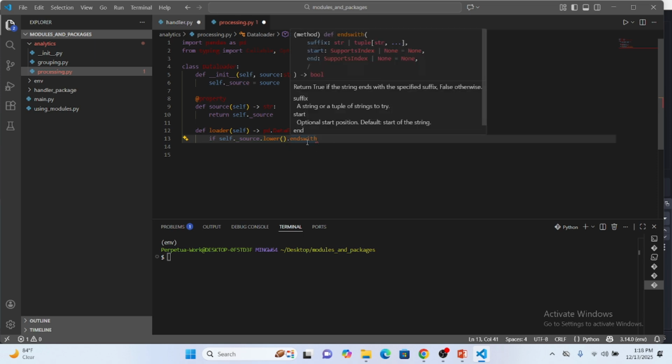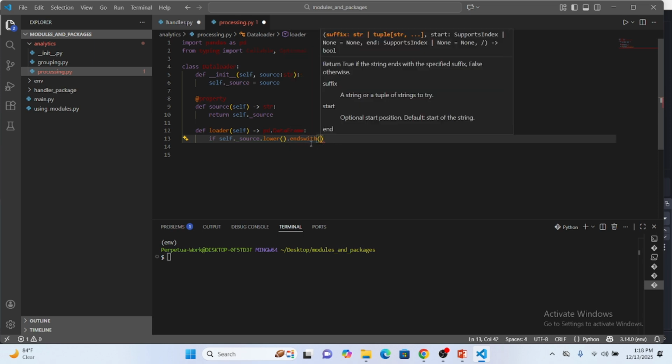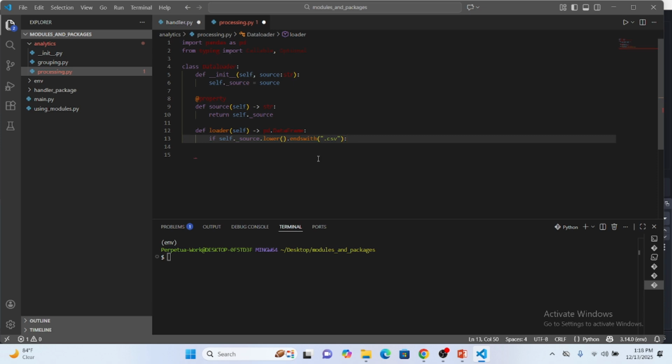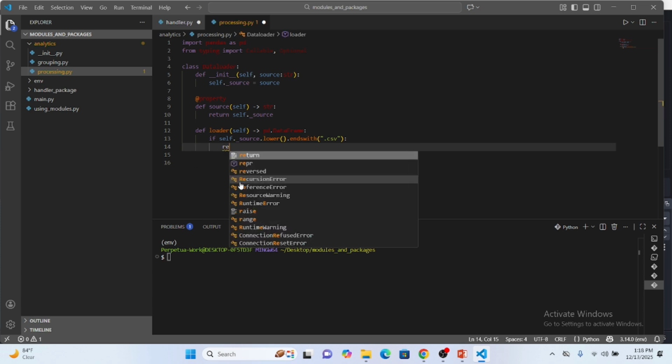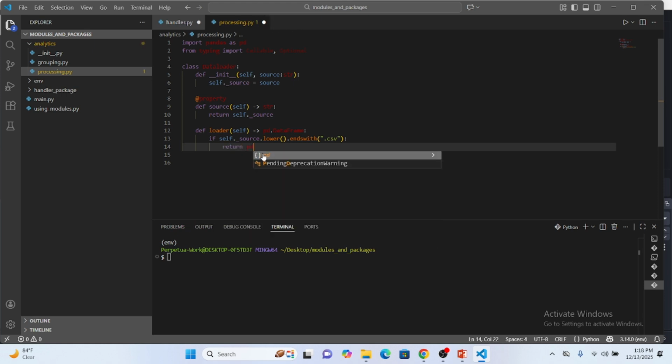Okay, this is another string method. So we are saying that if this ends with .csv, so we are going to pass in a string, and I'm going to pass in .csv. So if it ends with .csv, then it means that the file that we are interacting with is a CSV file. So then if this ends with .csv, then we are going to return